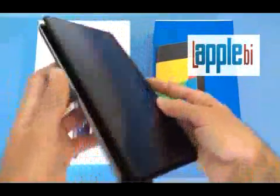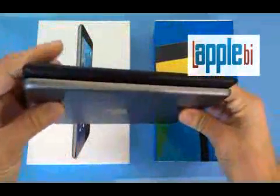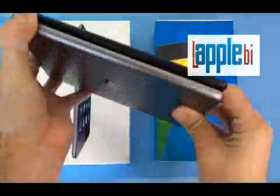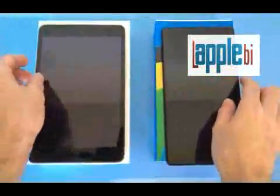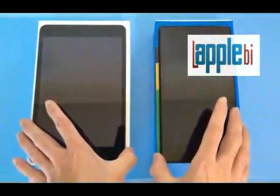There you guys have it. And it is, like I said, about the same width and also weight. Not much of a difference. So enough for the physical tech specs. Let's go ahead and jump into the software